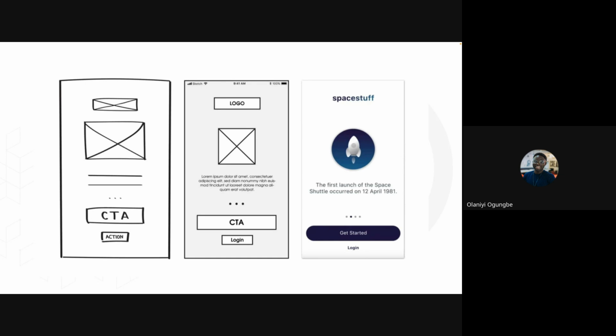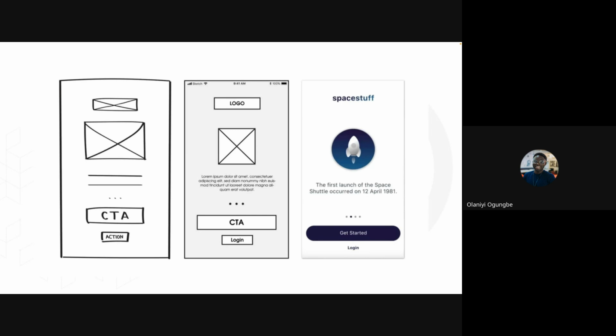But if in your organization you tend to do a lot of brainstorming, and you are not the only designer working on that particular project, then I would suggest that you do low fidelity first. Because different people will come with different ideas, and in that situation, you are not even using the computer yet. You're basically just sketching down ideas. If you're not the only designer on the team, it is advisable you start with a low fidelity.